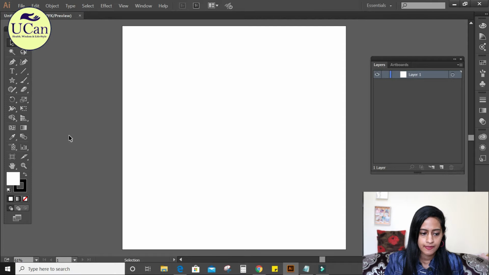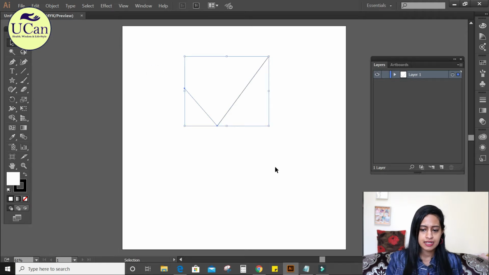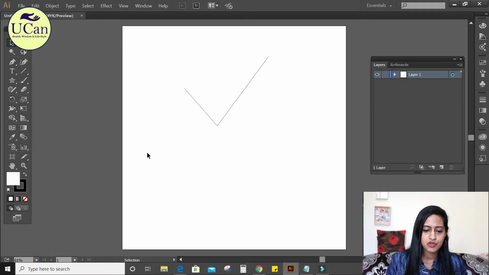And now, what you have to think about next is that you have to have a control panel as well. For example, this is the pen tool. If I draw a line, right, now I want to change the thickness of this line, so I have to have the options, and that is the next necessary thing which you have to see.